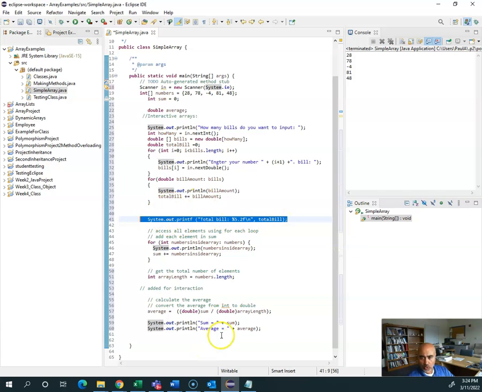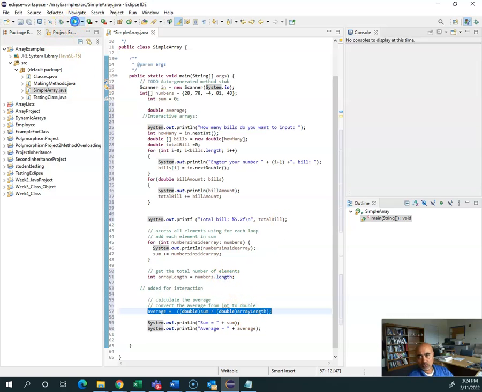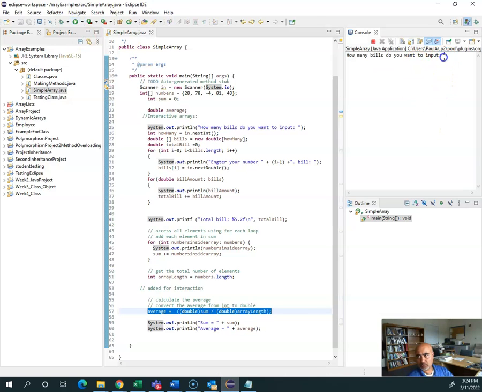However, I also want to find out what's my average of all my bills. Okay, so this is how I do my average. I'm going to take the sum, and then I'm going to divide that by the array length. Okay, so simple array. So I'm going to say how many bills do I want to input, and let's say